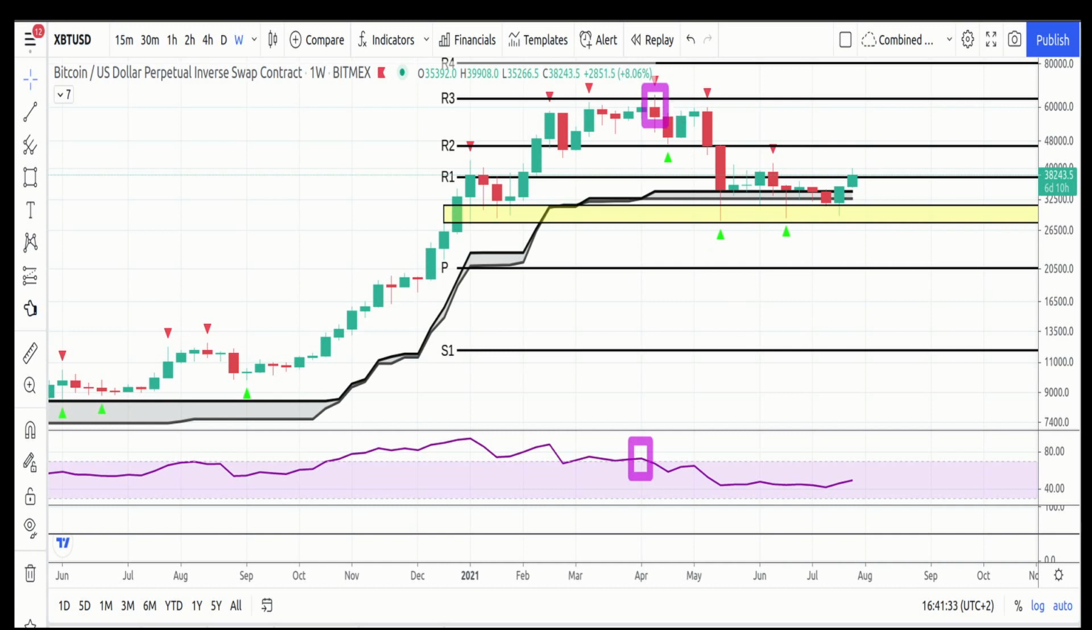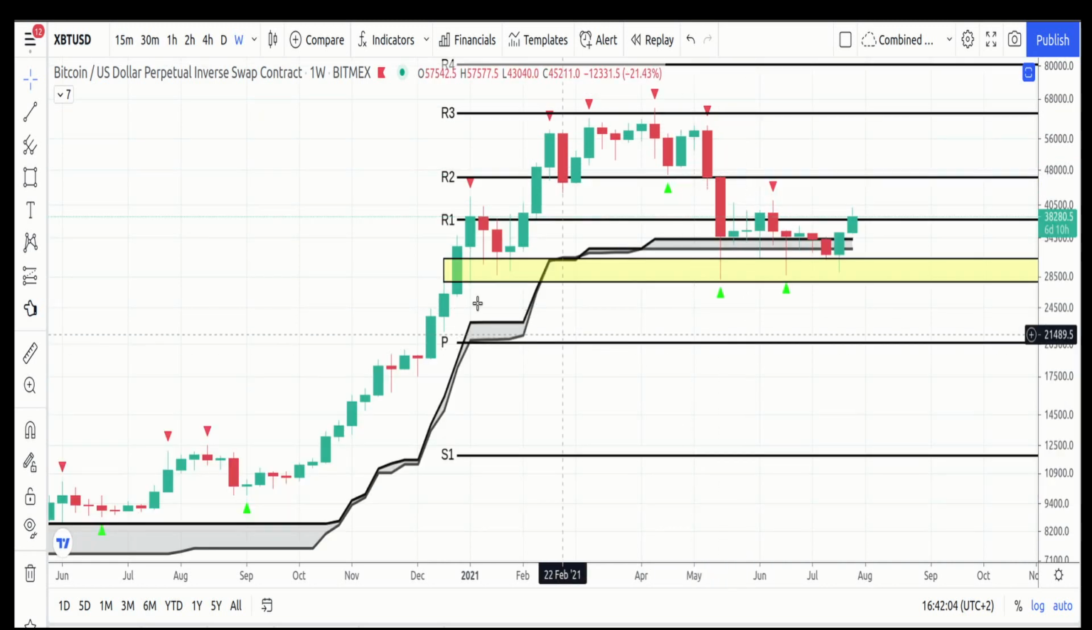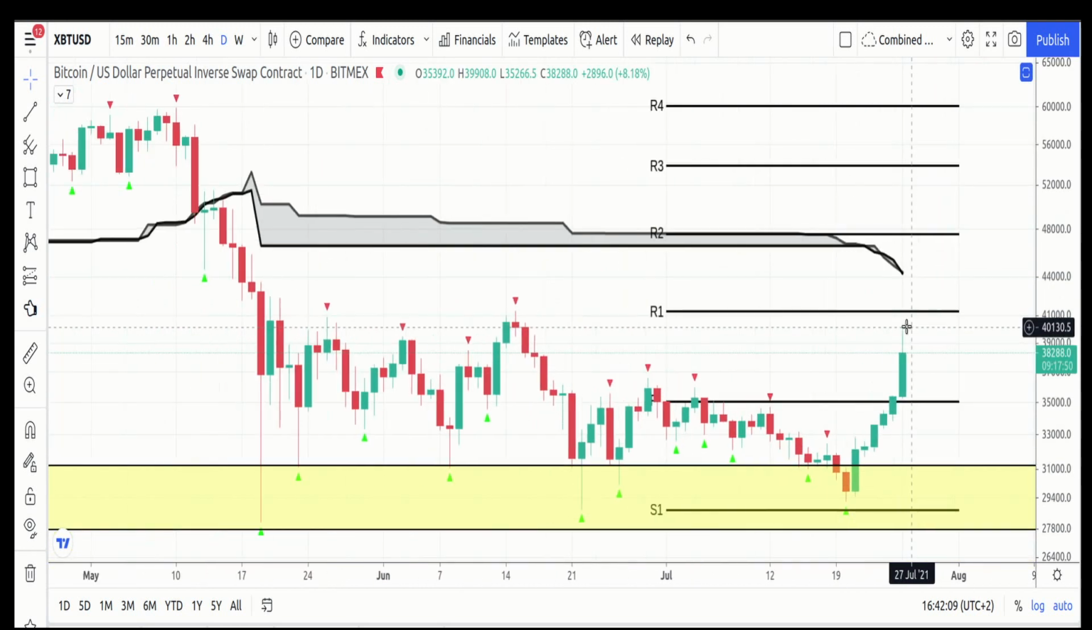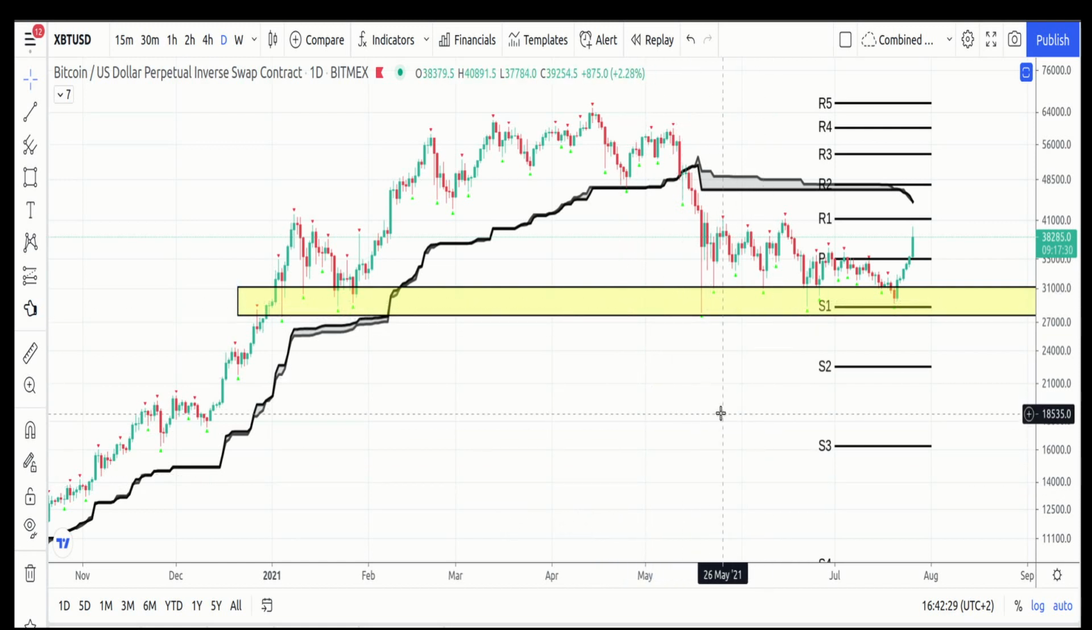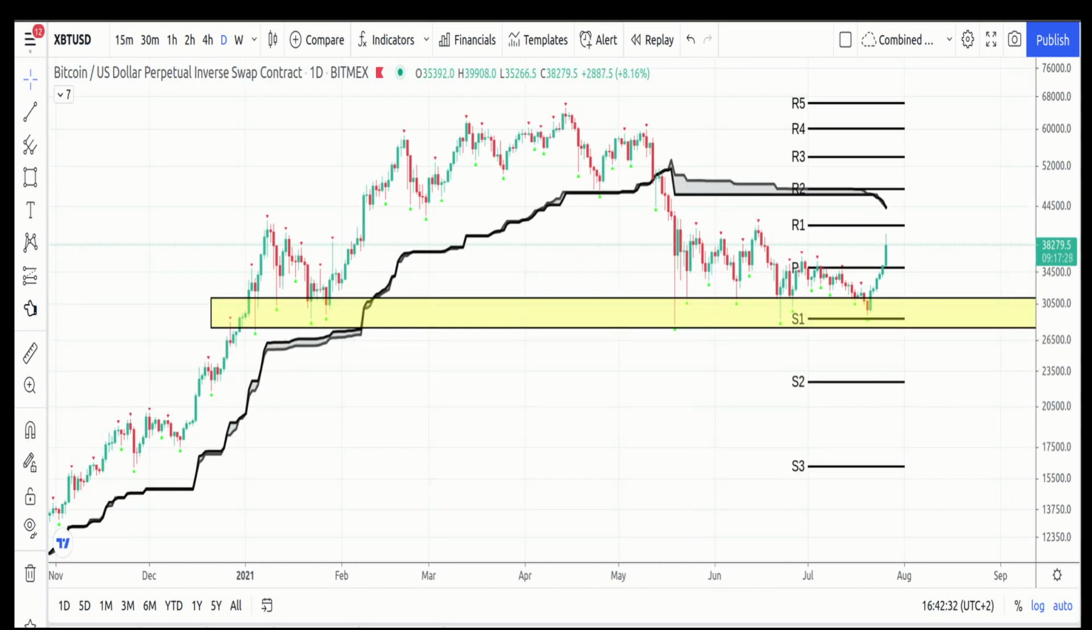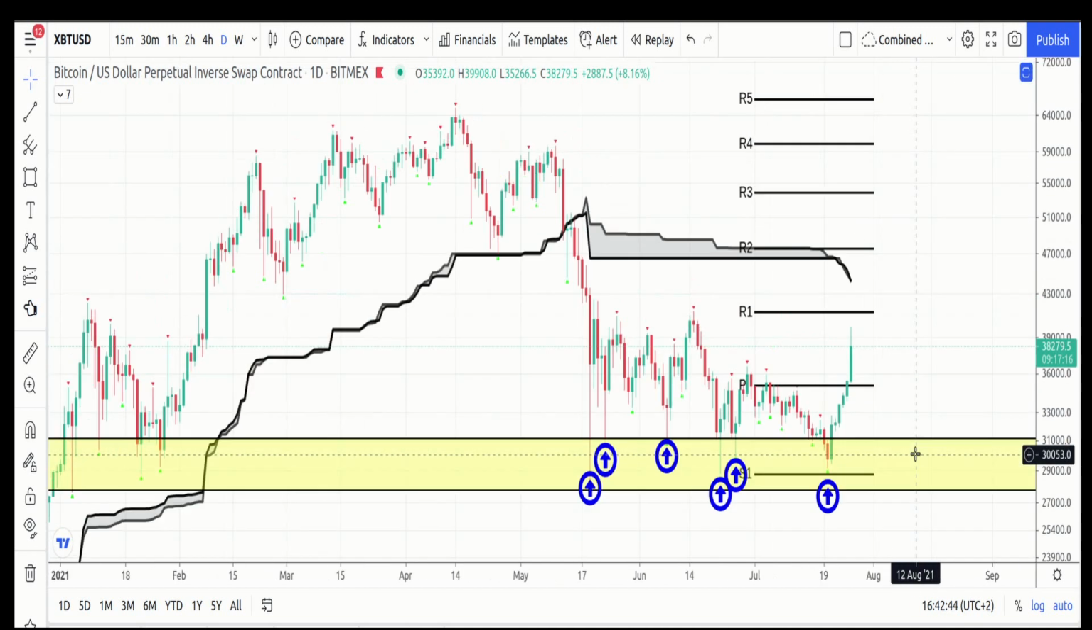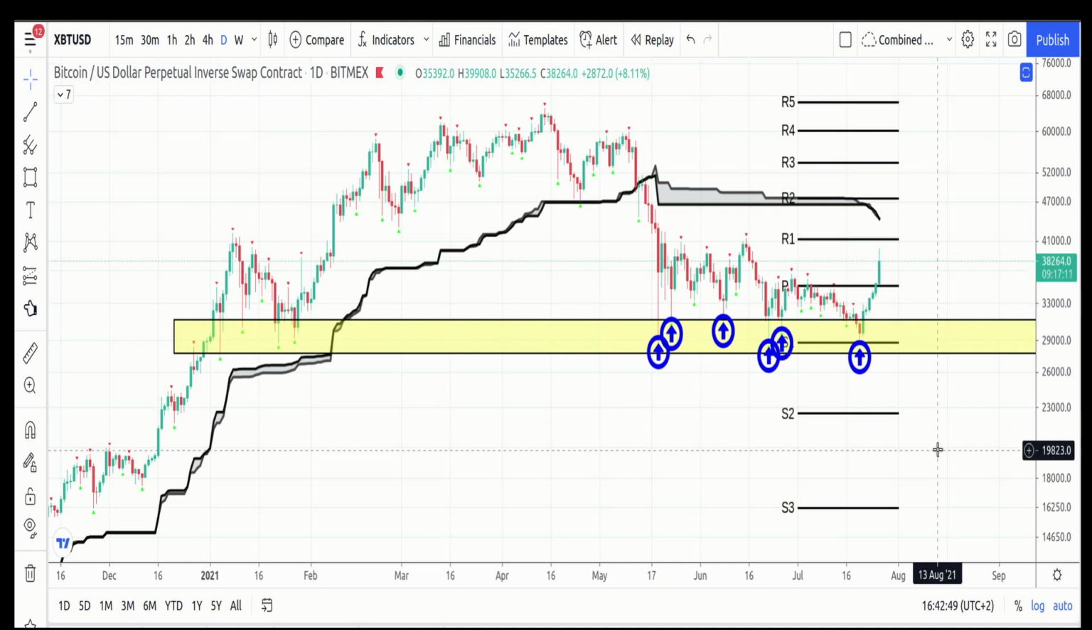So let's move on. Let's go to the daily. I'm going to get out of the RSI and move to the daily. And on the daily we can see how effectively this cardinal support has played out. And let me just show you how many times this was tested. 1, 2, 3, 4, 5, and 6. That's a lot of tests that this level has endured, but now it has